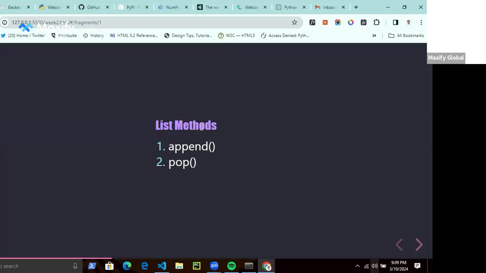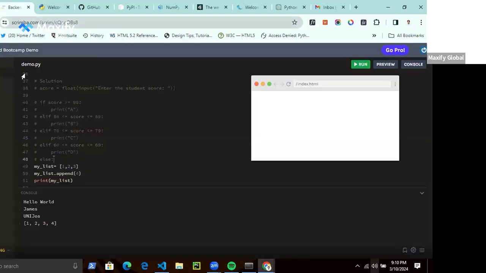Then we have the pop method. This method essentially takes away the last element from the list. It removes and returns the last element of the list. Then we also have another method known as sort. What this method does is it sorts the list in ascending order. So let's quickly look at another example.